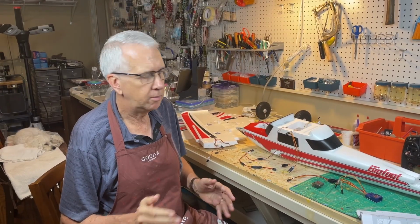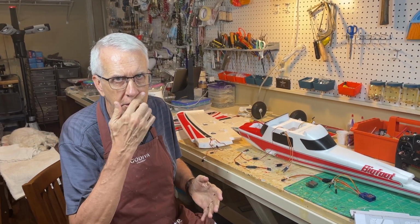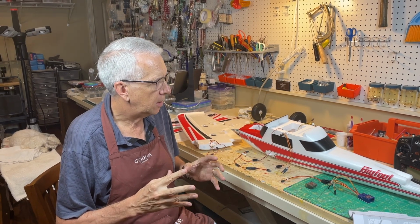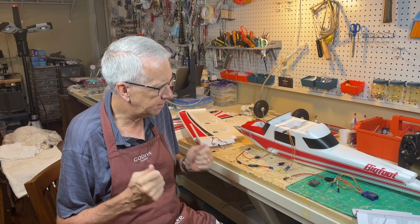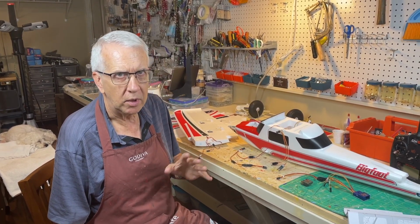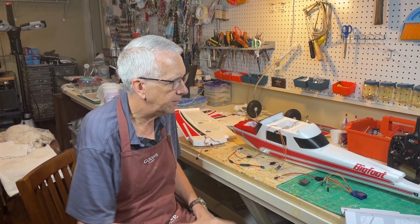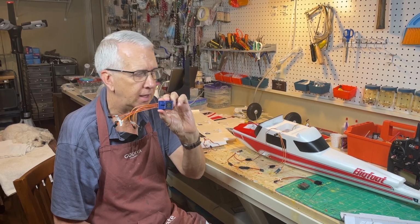We're going to start assembly of the Bigfoot here shortly, but what I always like to do, and I recommend for you to do, is make sure that all the electronics and connections are correct. It's much easier to do this now rather than when it's assembled. So let me go through what I think is going to happen, then hopefully I'll be able to figure this out. I don't think there's any need for this vector thing, so I just take it out for a training